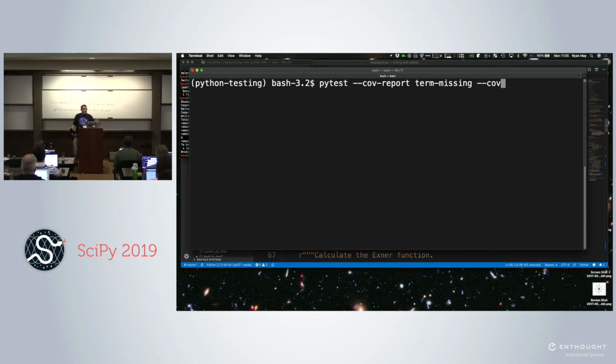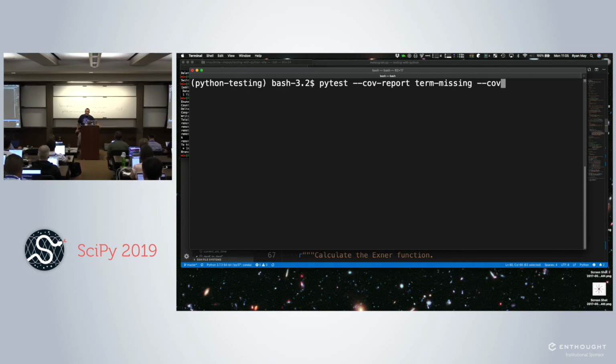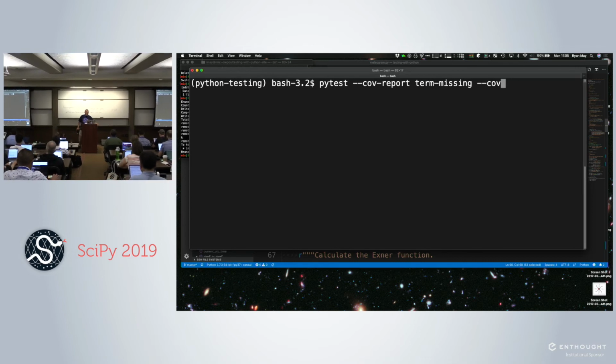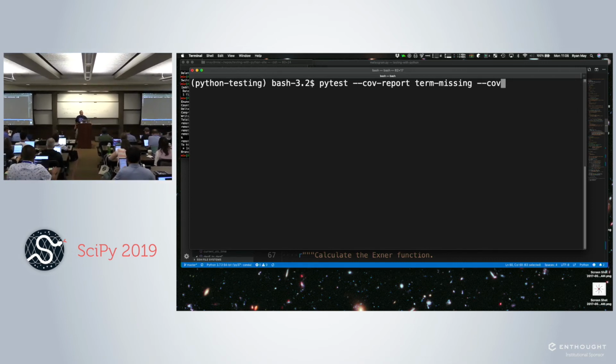And I'll also say, if you're using pytest for your own work and the coverage module, there are a lot of other options in terms of the coverage report, getting an HTML report and XML, things like that. So just for our own use here at the terminal, the term-missing report is probably the easiest to get going with.